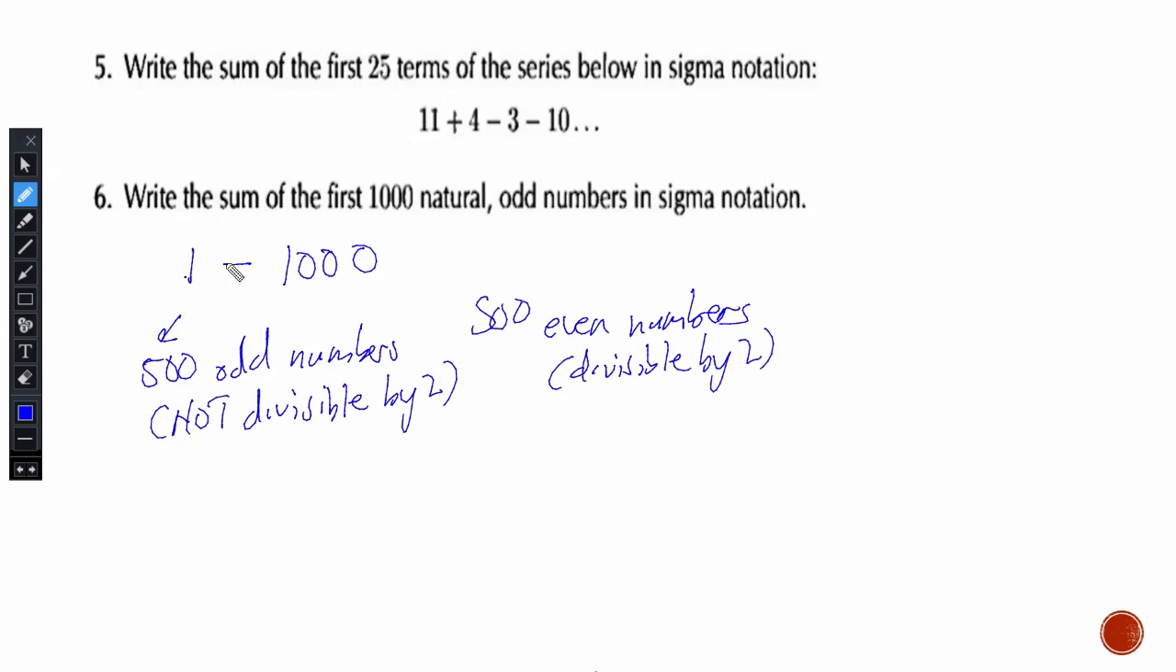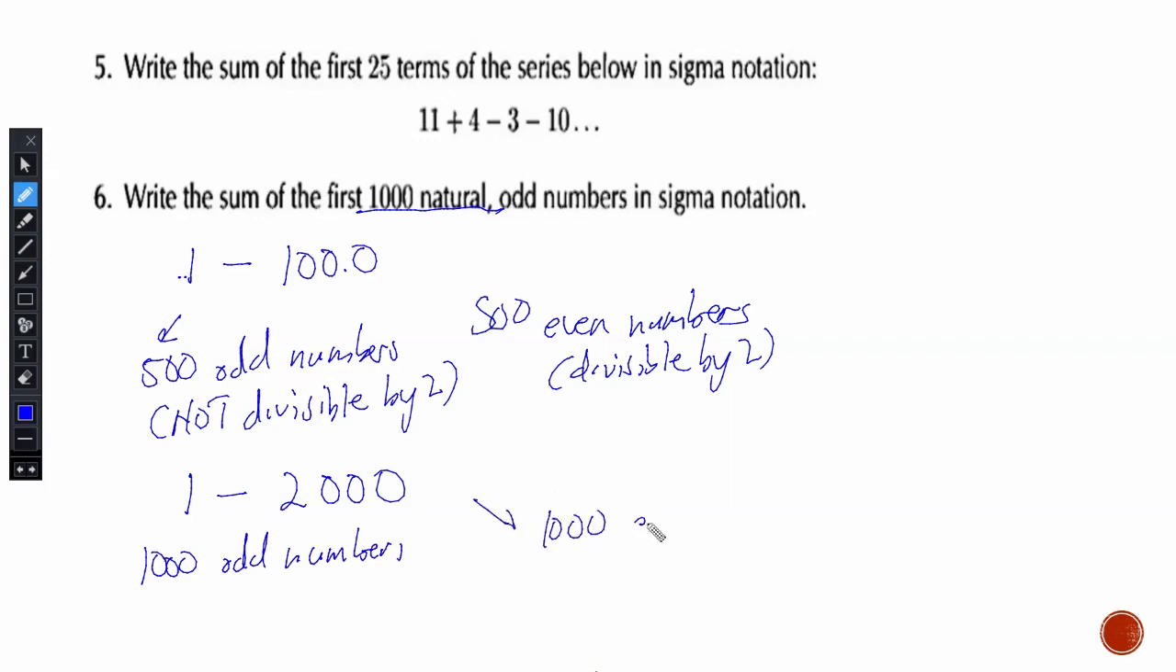Right. Now, between 1 to 1000, there are 500 odd numbers, but we are looking for 1000 odd numbers. So that means we have to increase our sample space from 1 all the way to 2000. Now, if there are 500 odd numbers between 1 to 1000, that means if we increase our sample space by another 1000, we are supposed to have 1000 odd numbers from 1 to 2000, and then also 1000 even